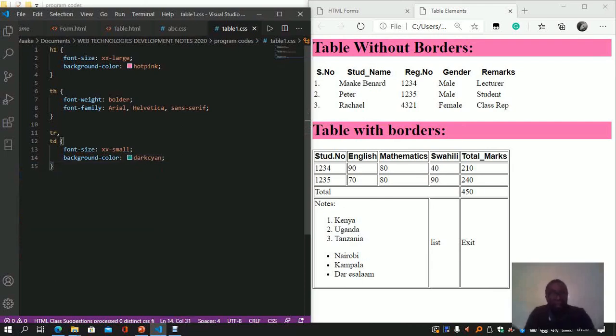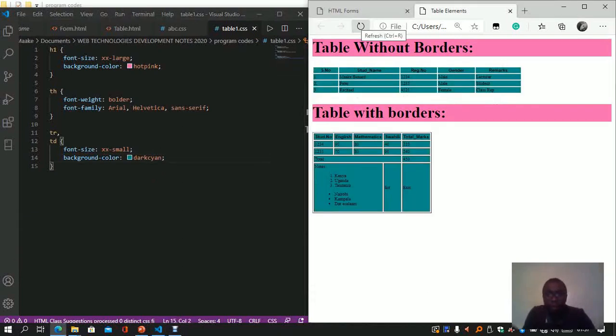Something like that. Let's see what happens now when we refresh this. Okay, all the tables and the information inside have been changed to dark cyan,